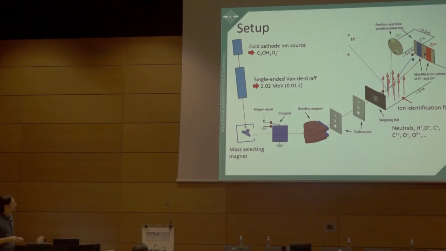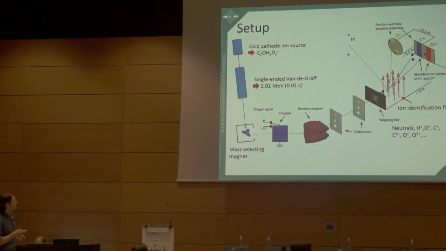It is followed by a stripping foil, where the Coulomb explosion process is then actually triggered, and from this stripping foil emerge neutrals, H+, D+, C+, and so on, many charge states and different molecules. So we really have to identify which molecule fragment we are looking at, and therefore we have a so-called ion identification field, again a magnetic field that deflects the fragments proportional to their charge-to-mass ratio